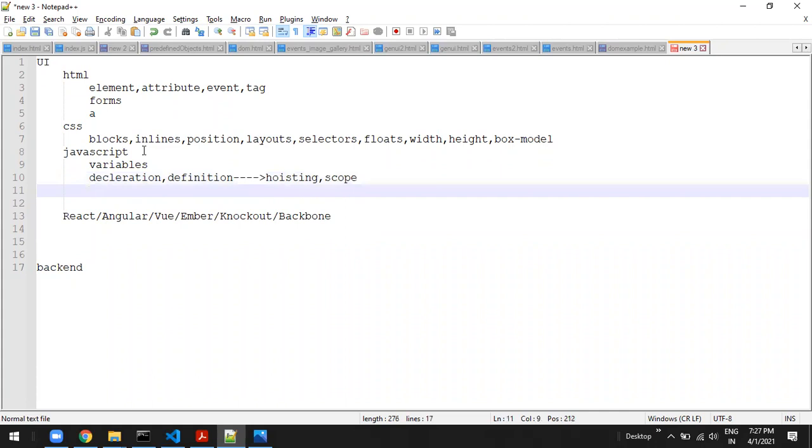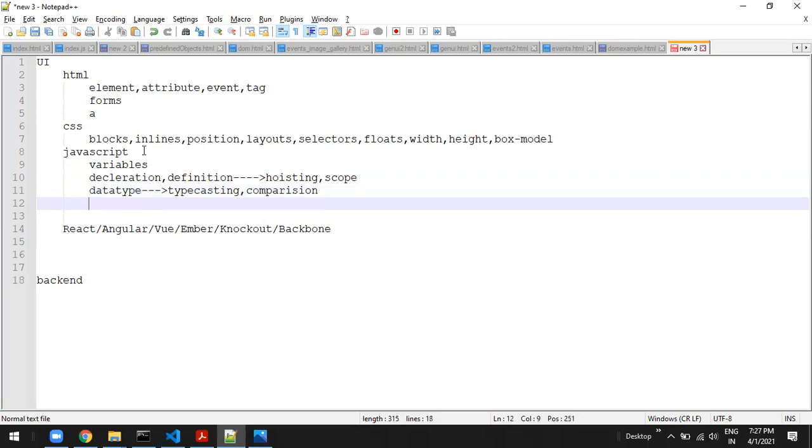Okay, declaration, data types. Do we have data types in it? Yes. How many different types of data types? What is the difference when you compare? See guys, in data types also, what is typecasting, what is comparison, all these things are very very important. And operators also are my very very favorite baby, because with operators, maybe you know plus, minus, multiply, divide, all these things you know very well.